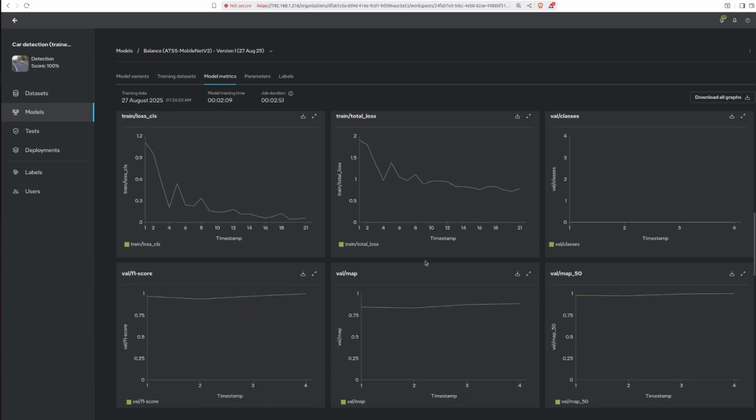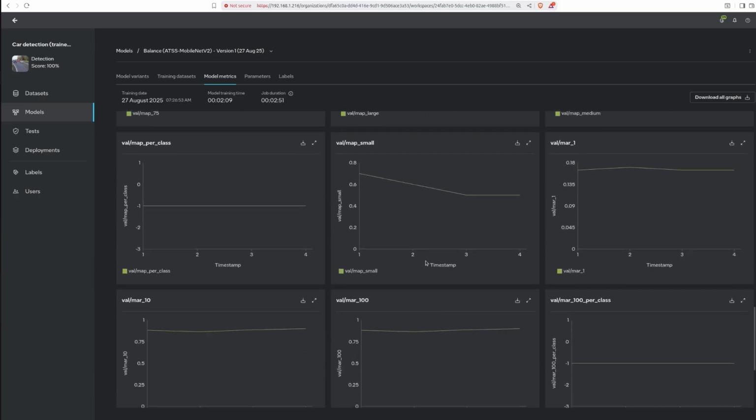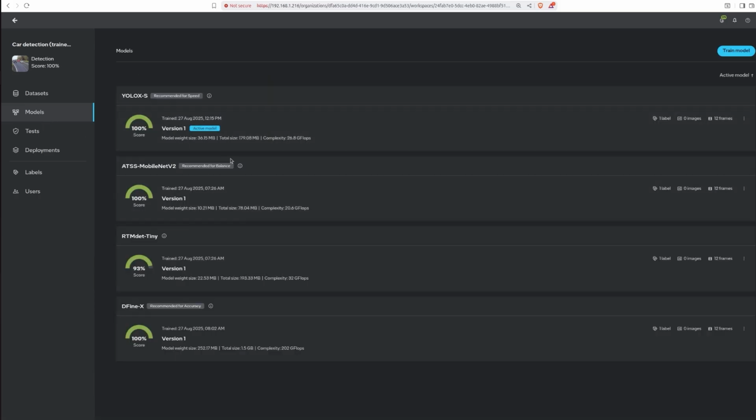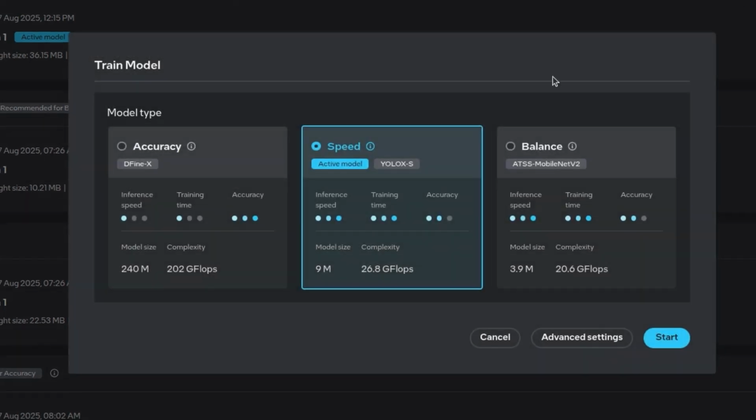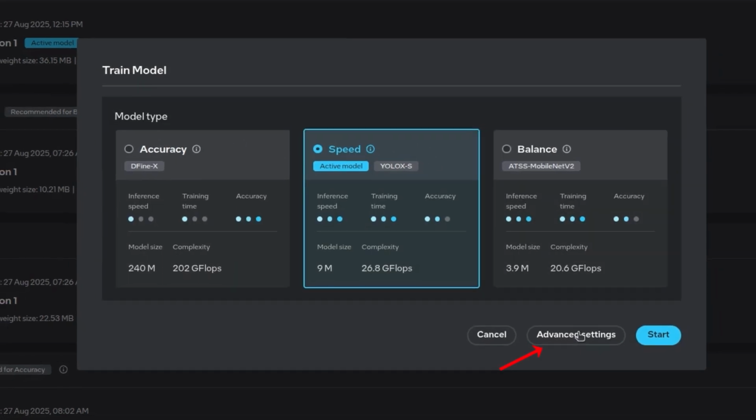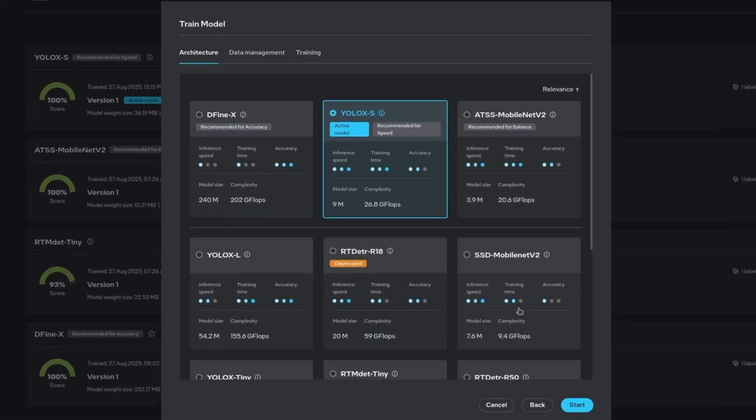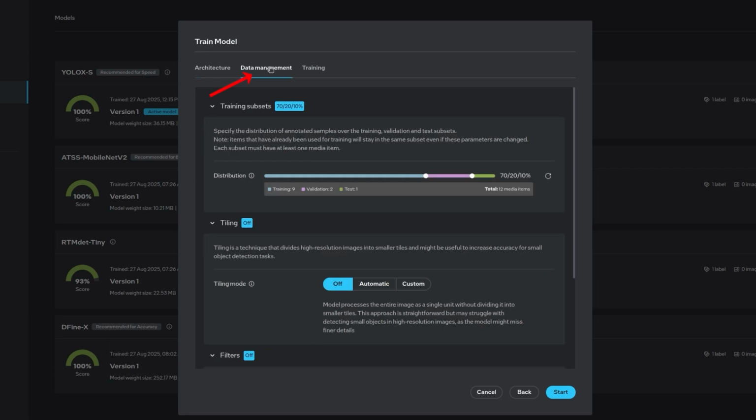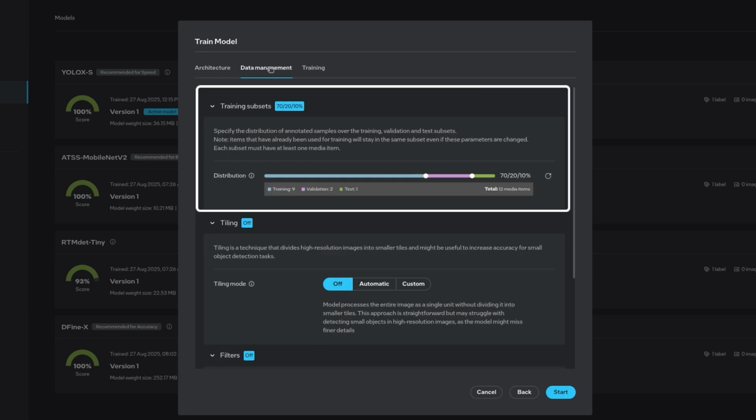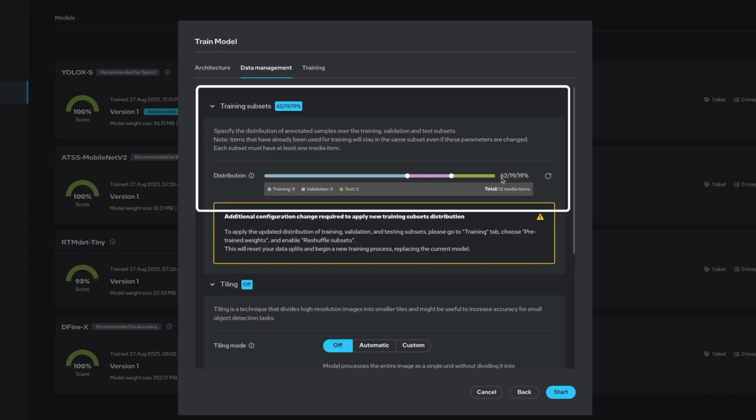Let's see how to tune these parameters, hyperparameters. Geti will choose a model for you, but you can always choose yourself. Click on the Train Model button and you'll get some model options to choose from. Please see my previous video. If you choose the advanced settings, you can get more model options, and you can click on the data management that allows you to decide the usage combination of the data. You can see that by default 70% of the data is used for training, 20% for validation, and 10% for testing,